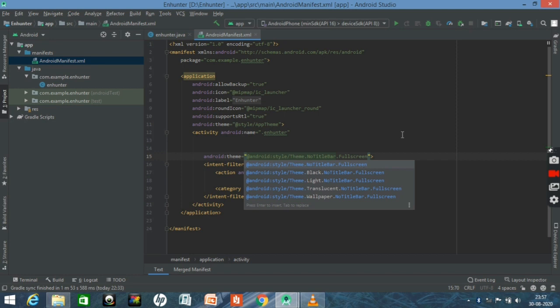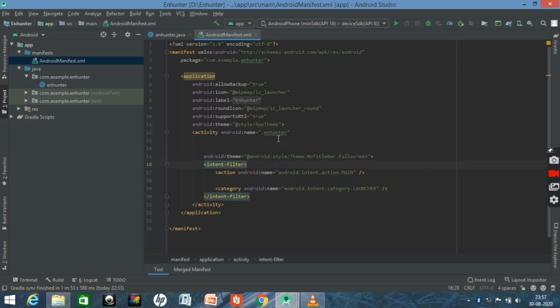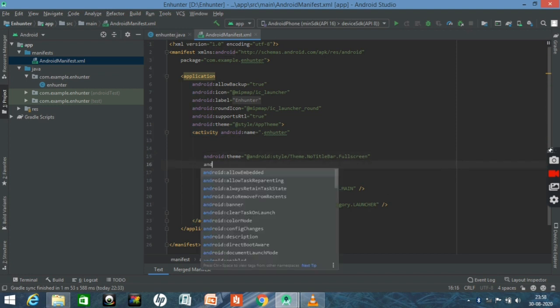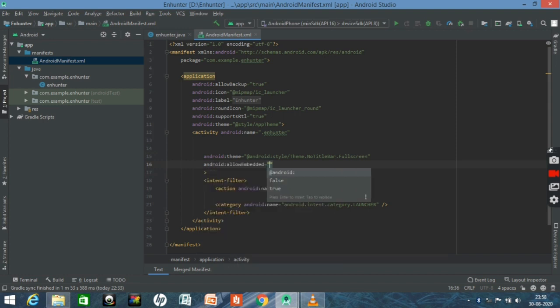And after giving this code, again move to here, press enter again and write, just go up and write android:screenOrientation.